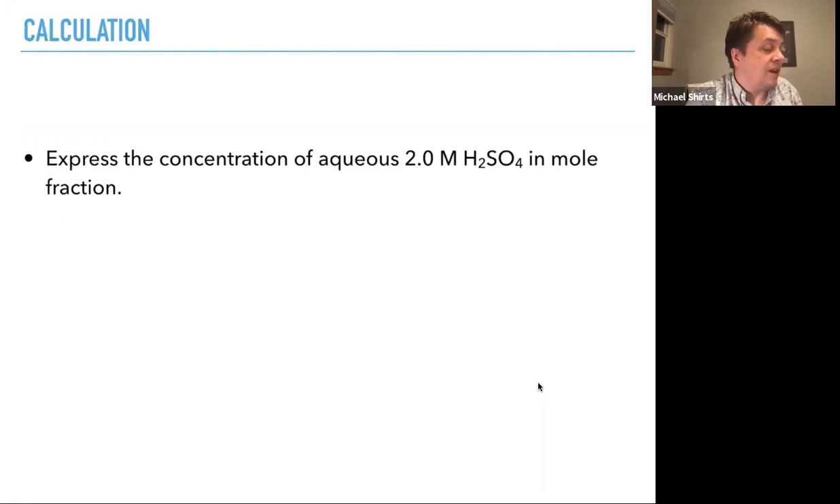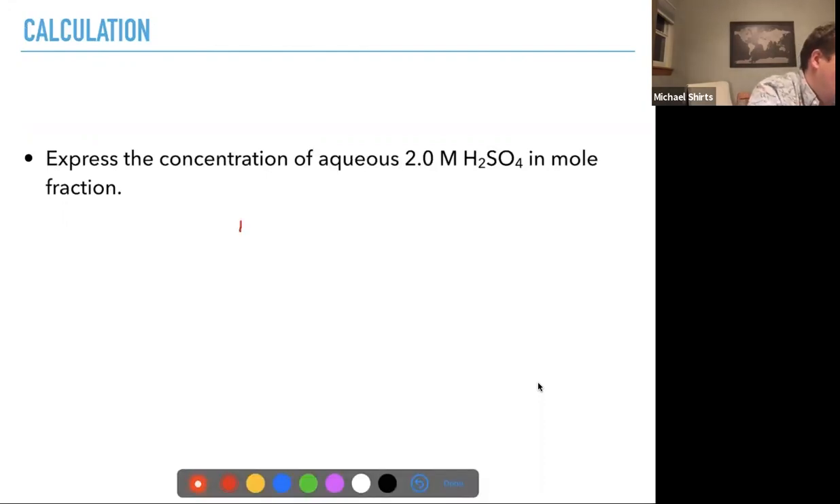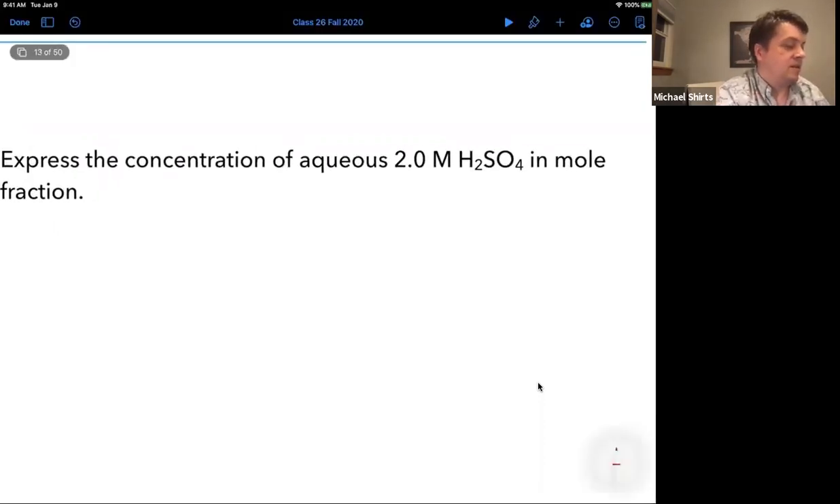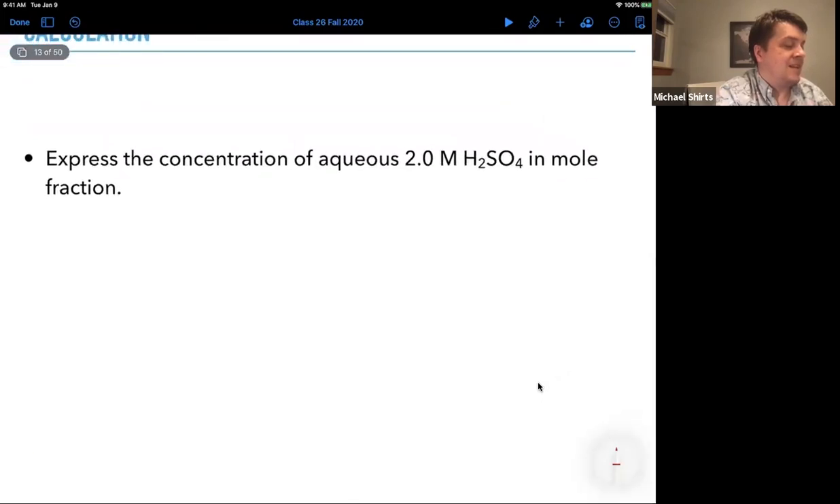Express the concentration of aqueous 2.0 molar sulfuric acid again in mole fraction. If it's in mole fraction, we need to figure out how many moles of everything we have. We'll assume that in the 1 liter solution, we have essentially 1 liter of water. That is an approximation, right? There might be slightly less than that number of liters. So if we have 1 liter